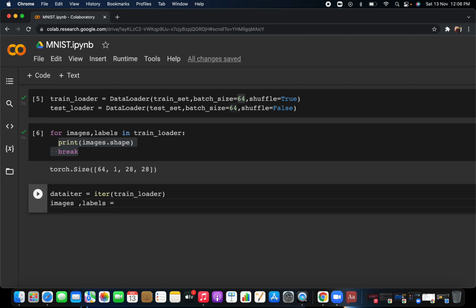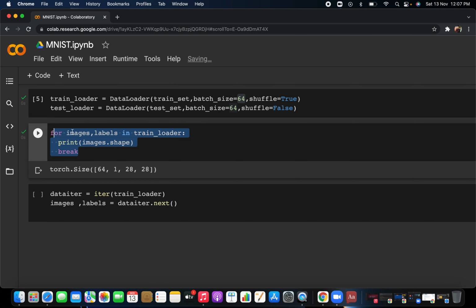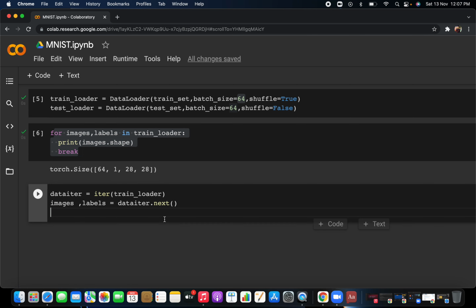So you write data_iter and then call next. The first batch will come, giving you the images and labels. If you call data_iter next again, it will give the second batch. You are just making the object of that, and that's it.